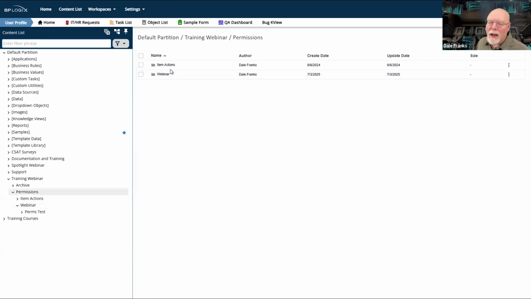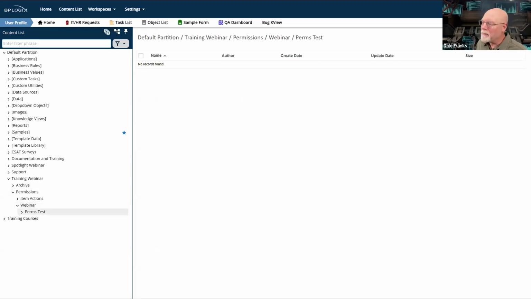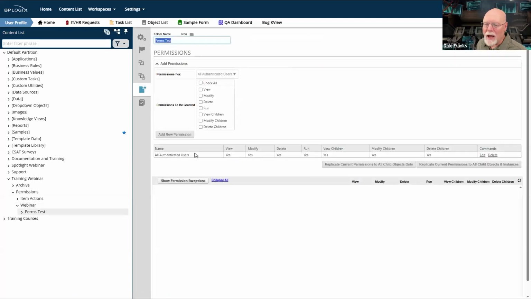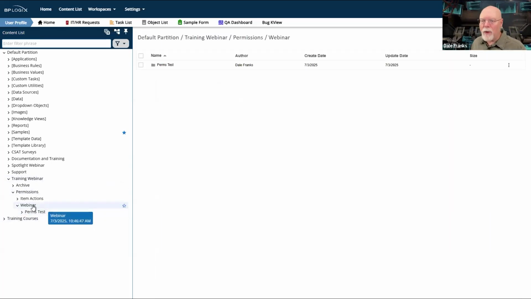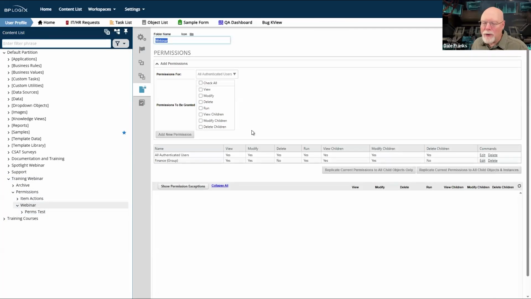But of course, if I go down here into my perms test folder, it still says all authenticated users. So when I change the parent object, in this case the parent folder, and I have special permissions, I need to be able to take these permissions that I've changed and reflect them in all of the lower folders. I mean, if I create a new object, I'm fine, right?